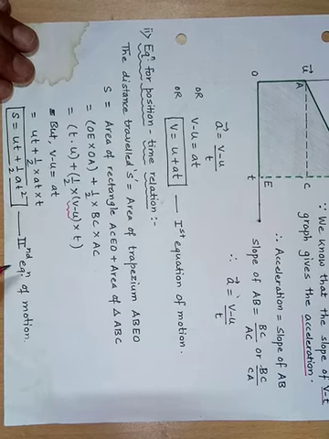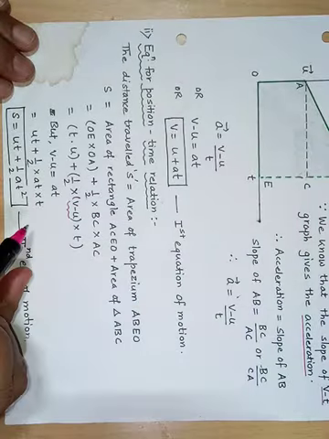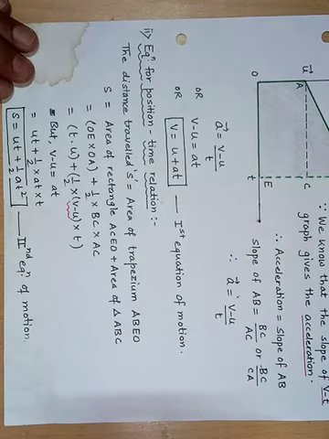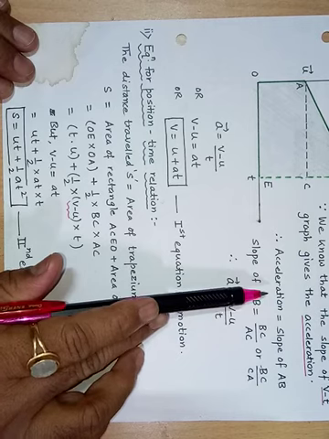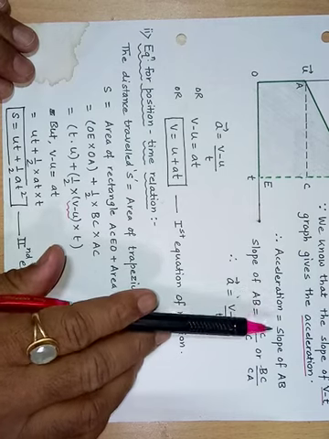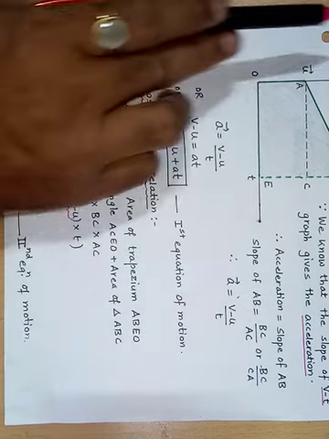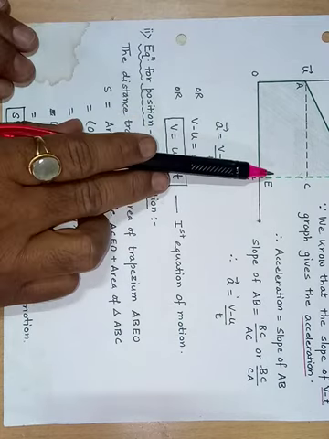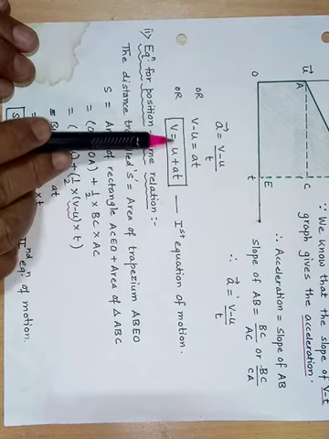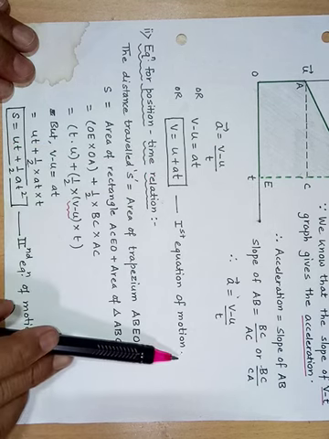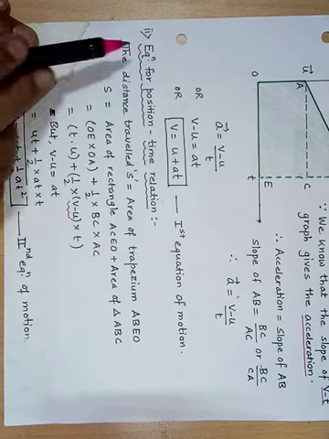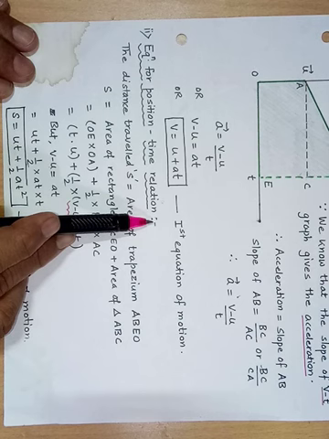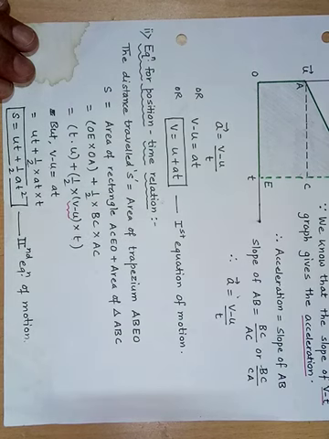So with these two representations I can get the two equations of motion, which is the determination of equations of motion with the help of graphical representation. The first equation of motion I can determine with the help of this particular method, where v is equal to u plus at is the first equation of motion, and second is the equation for the position and time relation, which gives me the second equation of motion, that is s is equal to ut plus half at square.